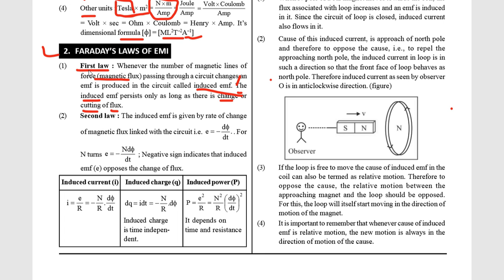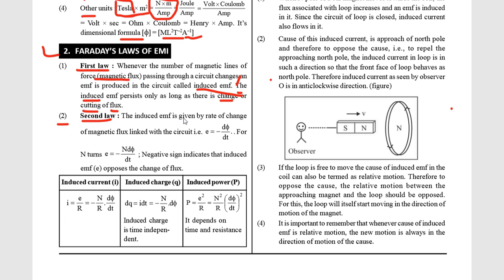तो यहाँ पे ये वेरी इंपॉर्टेंट है कि अगर किसी सर्किट से रिलेटेड फ्लक्स चेंज हो रहा है तो इसका मतलब उस सर्किट में एक इंड्यूस्ड EMF डेवलप हो जाएगा, और वो EMF सर्किट में तब तक ही रहेगा जब तक कि उस सर्किट में फ्लक्स चेंज होता रहेगा। ओके, सो आई होप कि आपको फर्स्ट लॉ समझ में आ गया है। अब देखते हैं सेकेंड लॉ क्या है।